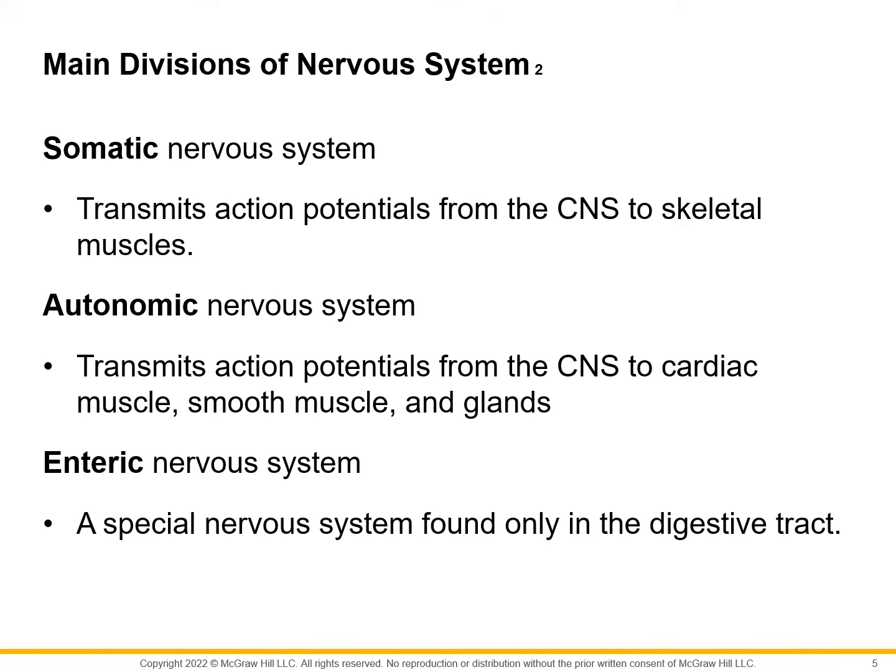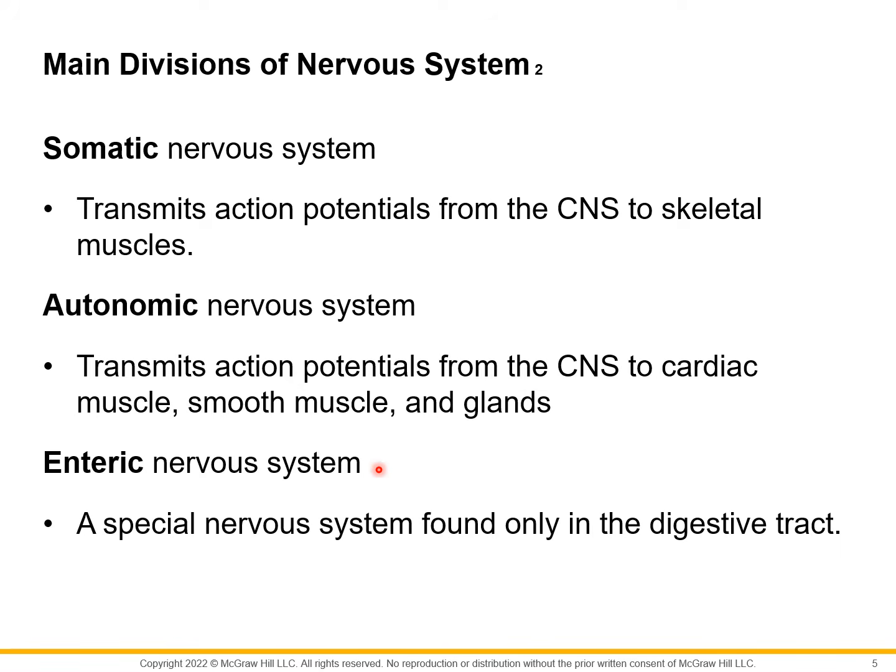But wait, there's more. Next is the somatic nervous system. This transmits action potentials from the central nervous system to the skeletal muscles. So ito naman po, mas specific, no? So mas specific. Ang inuutusan daw po nito specifically ng somatic nervous system natin ay yung mga skeletal muscles. So hindi damay sa somatic division yung cardiac and smooth muscles. So sino pong bahala? Who's the boss of the smooth and cardiac muscles? It's the autonomic nervous system.